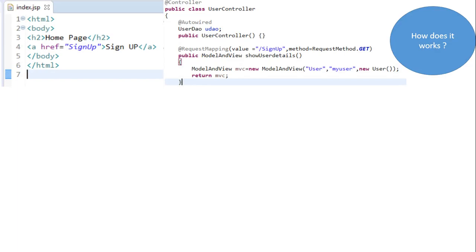Whenever the user requests index.jsp, there is a hyperlink known as sign up, and this sign up doesn't show any hyperlink like signup.jsp or signup.html. We don't know, because we hide all the details behind the front controller; everything is encapsulated.